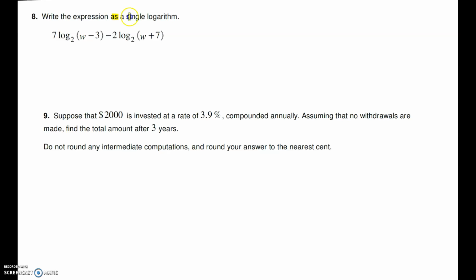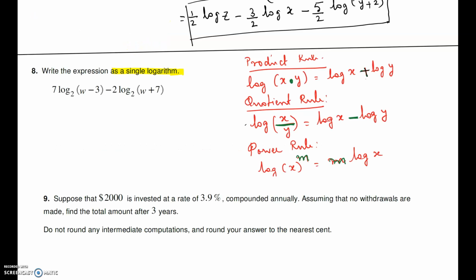Write the expression as a single logarithm. 7 times log of w minus 3 to the base 2 minus 2 times log of y plus w plus 7 to the base 2. So here we have two logarithms. We are going to make it one single log. So we are going to use the product rule or quotient rule or power rule for this, whatever is applicable